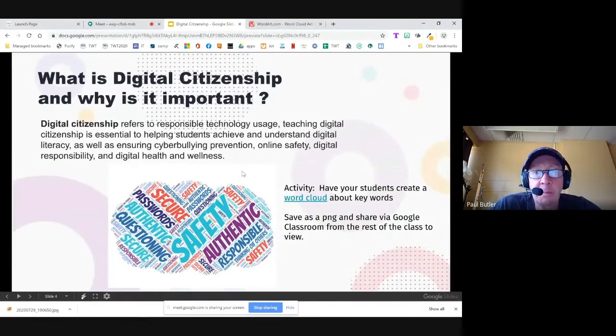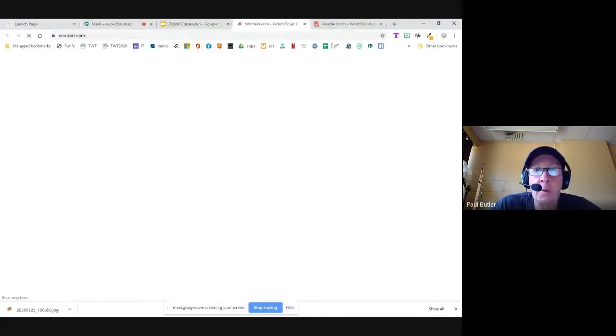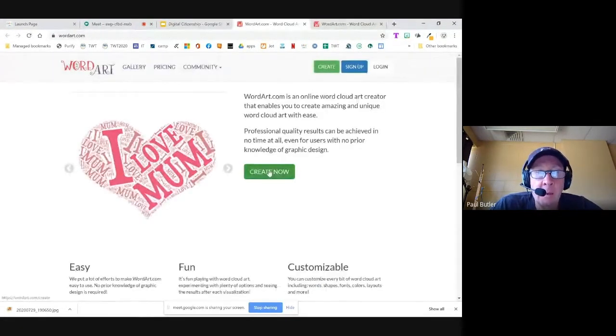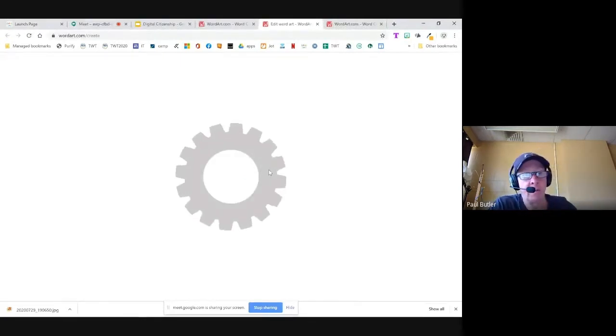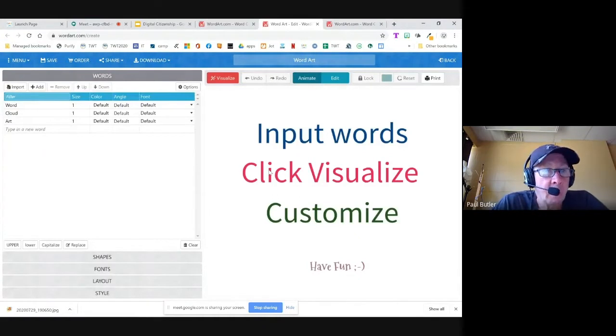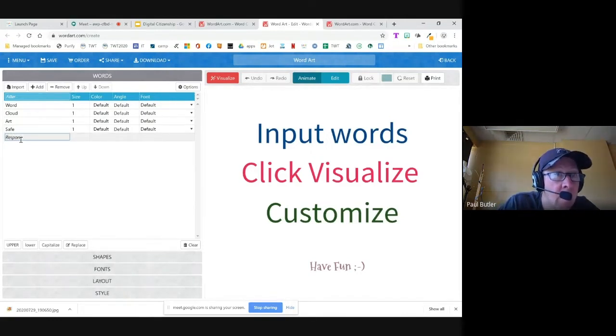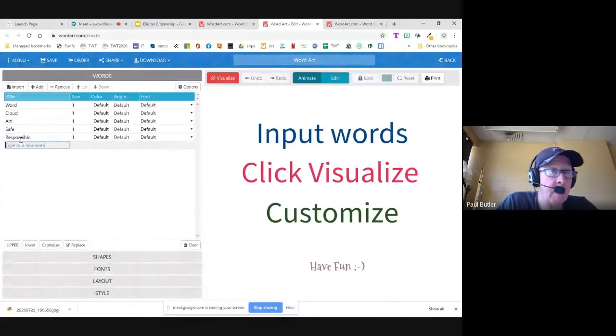So if you haven't used this before, I've got a hyperlink right here. It'll take you to WordArt, and you simply click on Create Now. So what you're going to do is you're going to list your words here at the top. So I'm just going to type in a couple of words here. I'll go with safe, and then responsible, and then respect,